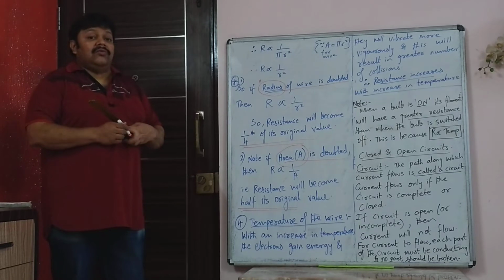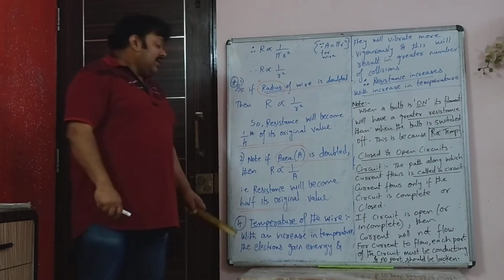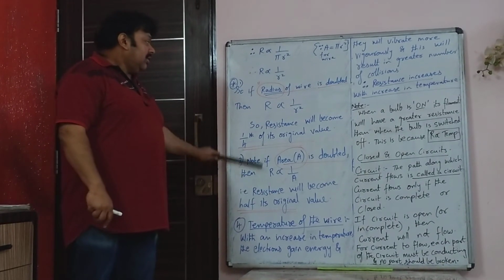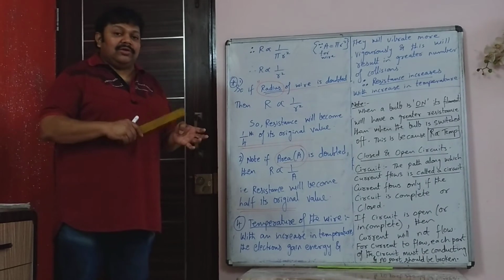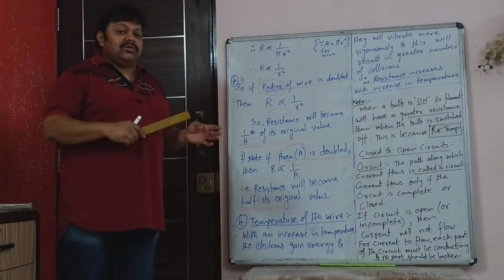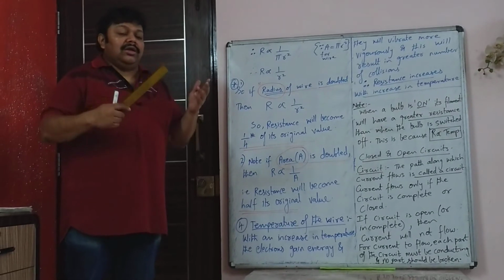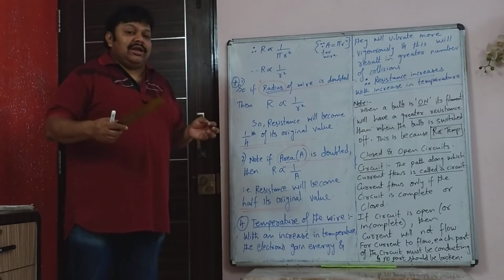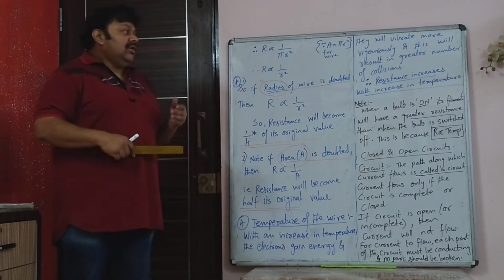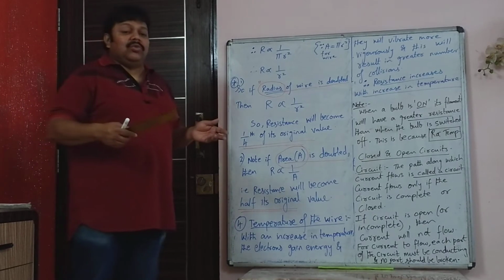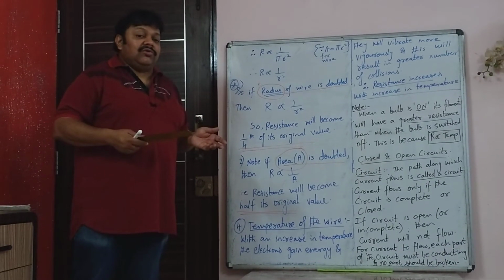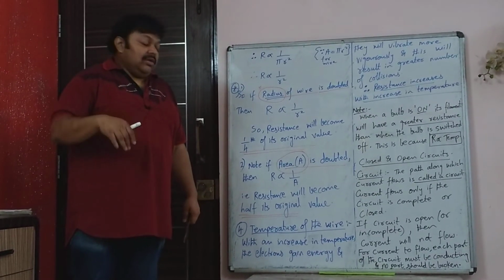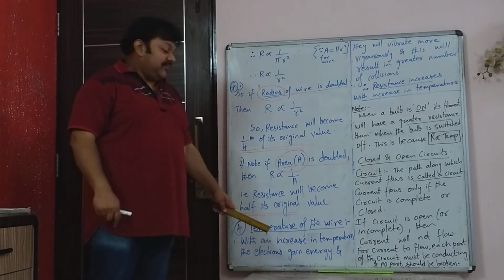Then the fourth factor is the temperature of the wire. So when you are asked for factors, you don't have to explain all this area doubled and all. You just have to write: first factor is material. Good conductors have low resistance, bad conductors and insulators have high resistance. Second, resistance is directly proportional to the length. Greater the length of the wire, more is the resistance. Third factor, resistance is inversely proportional to thickness or area of cross section of the wire. So if you have a thicker wire, it will have lesser resistance. And fourth factor, temperature of the wire.